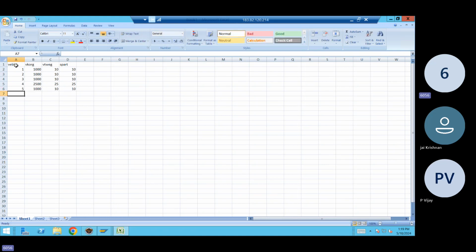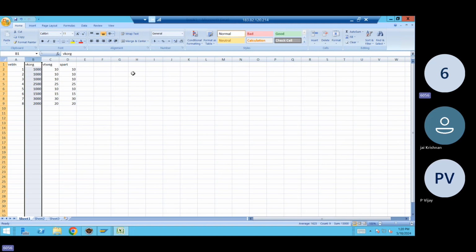I'm not going to sort also. See this, I'll not sort also. Now sales order 6, I will be taking this as 1500, 15 and 15. Sales order 7, 3000 and then 30 and 30. So like this I have my data. Sales order 8, 2000, and then 20 and 20. So now when you want to do this on the VKORG grouping,